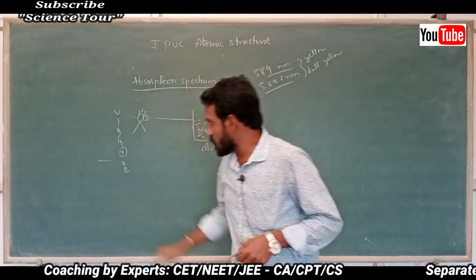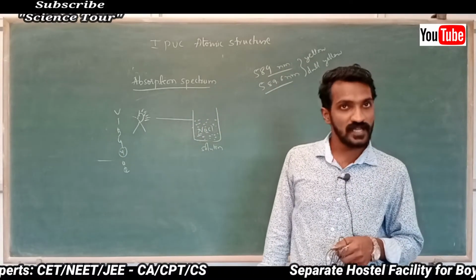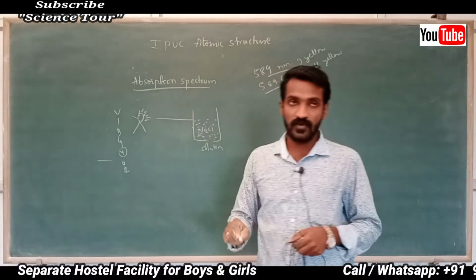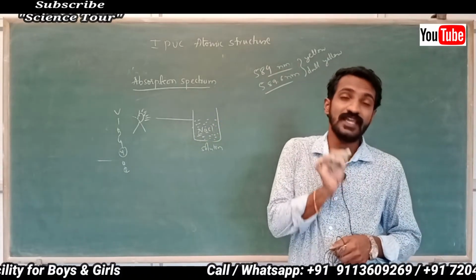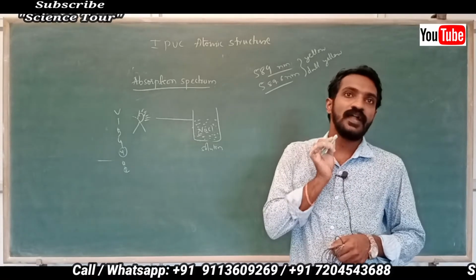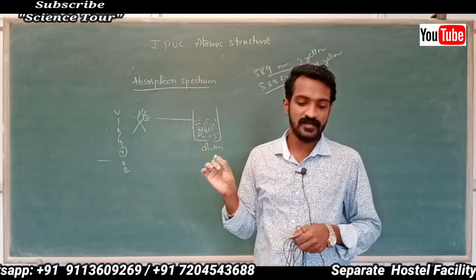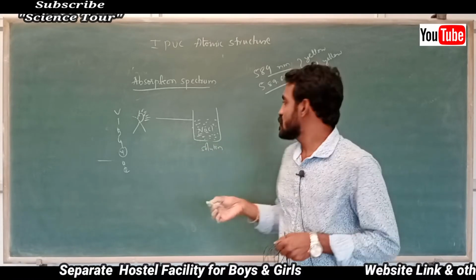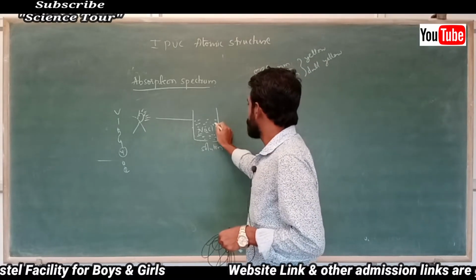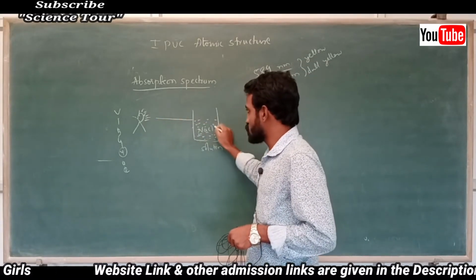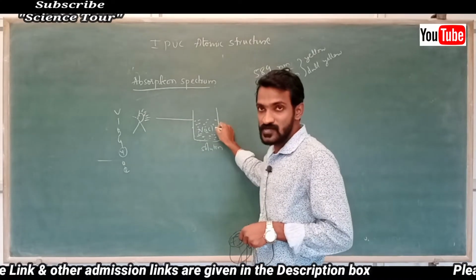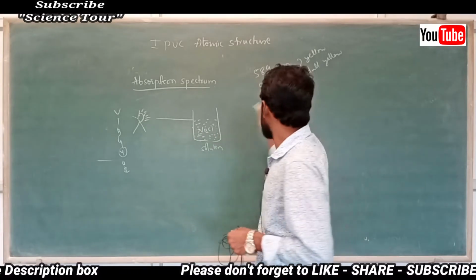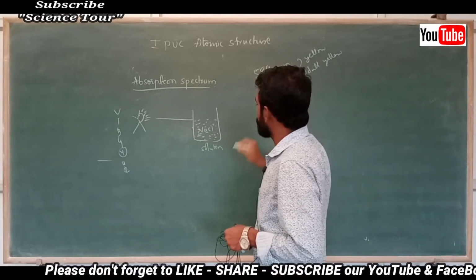White light gives yellow color also, correct? But when that white light passes through sodium chloride, it absorbs only yellow color and it gives the remaining colors. Understood? So what happens? Here white light passes through a sodium chloride solution, it absorbs 2 radiations, yellow only, different yellows, 589 and 589.6 nanometer.